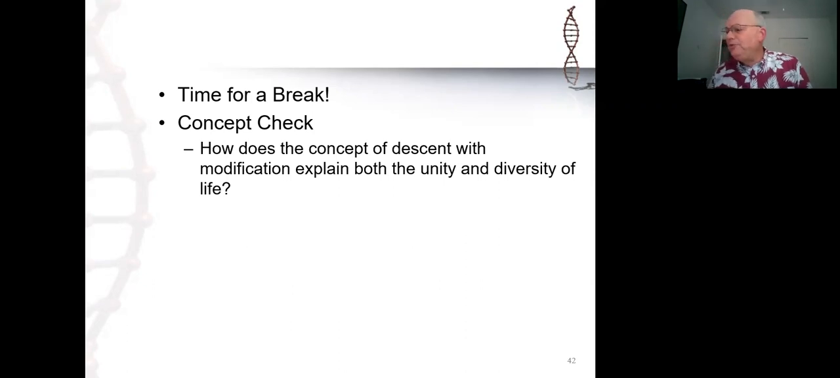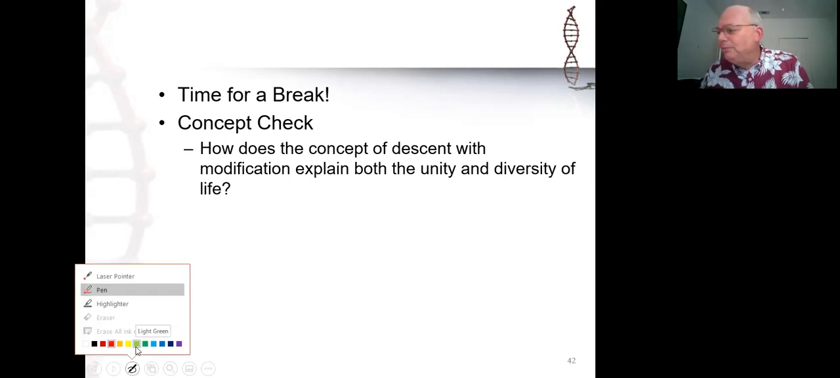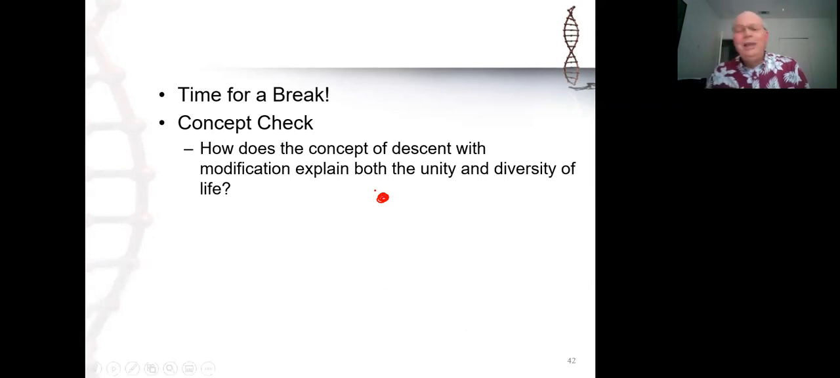Well, if it's descent with modification, if we draw one of Darwin's tree diagrams, here is our common ancestor. If you have descent with modification, that descent means that you have individuals that start to accumulate their own unique features. And so we would have a branch point. So this might be two finch populations, one finch population on one island, one finch population on a second island. They're going to have to